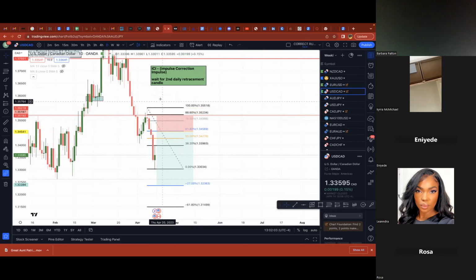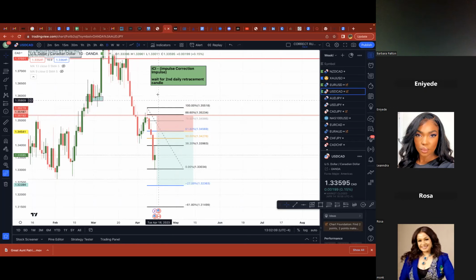Don't hedge this. If price comes way over here, it's obviously invalid. The trade is no longer selling right here. So don't go chasing price back and forth. Just for this strategy, keep your stop loss where it is at the 88 or the 100, and let price tap you in, or you can manually enter right here. But it's easier to let price tap you in, and take it all the way to the negative 27.